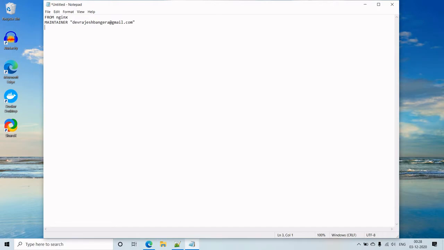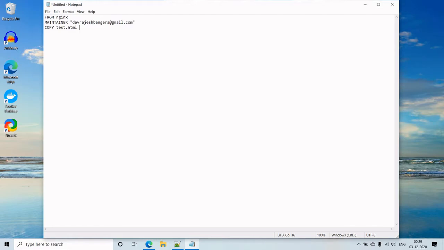Now the next command that I will use is the COPY command. The COPY command is used to copy a certain file into the container. So I want to copy an HTML file into the container. So here is the code. COPY test.html. The COPY command takes two arguments. First is the source file, and second is the destination folder where you want to place this file.